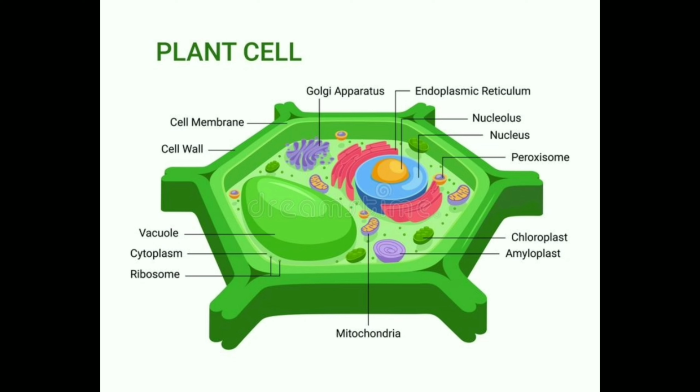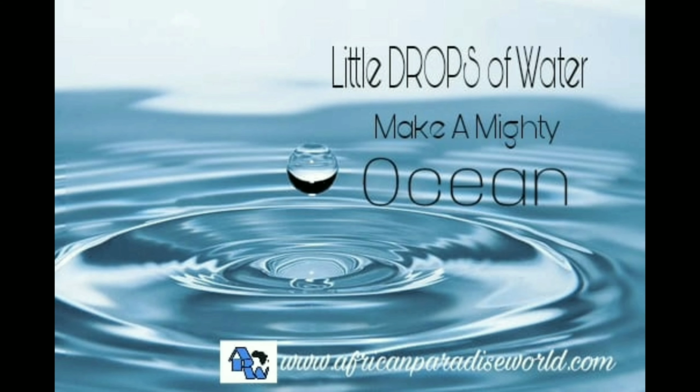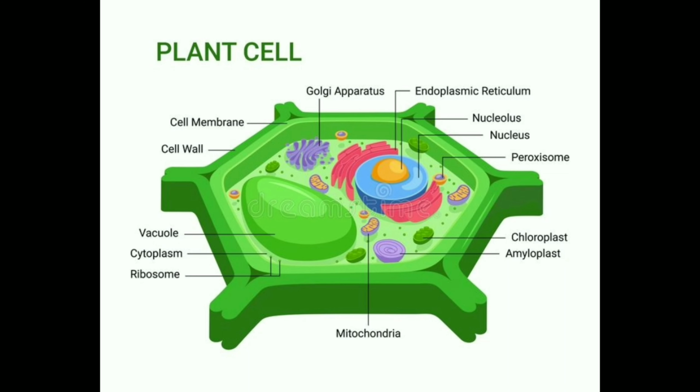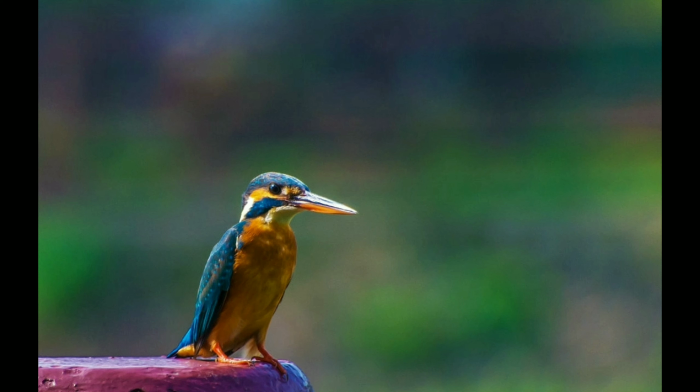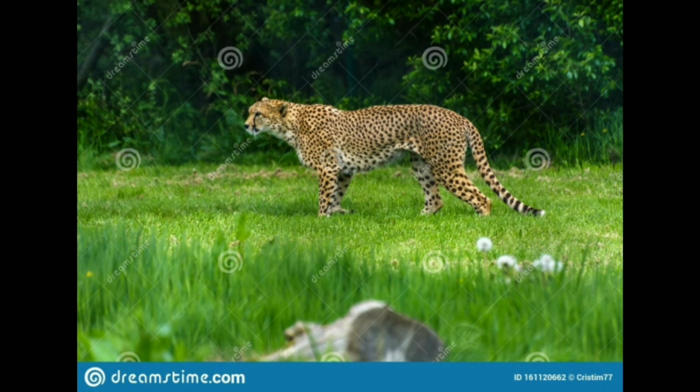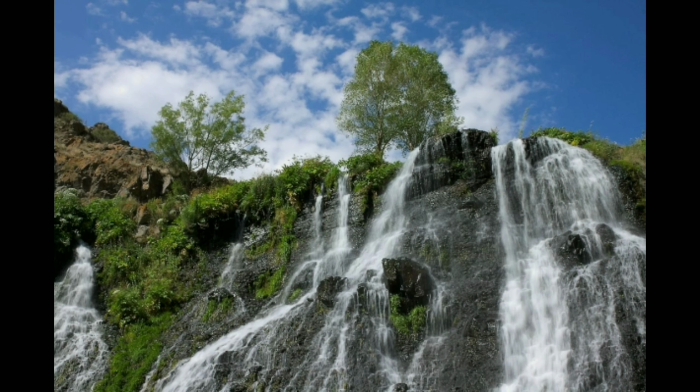Cell, its structure and functions. Actually, what is meant by cell? It is nothing but the basic building block for all kinds of living things. For better understanding, let's take an example. Suppose you see an ocean, it is such a huge body. Each drop together makes a mighty ocean. In the same manner, cells together make up the life on the earth. Cell is also known as the structural and functional unit of life.